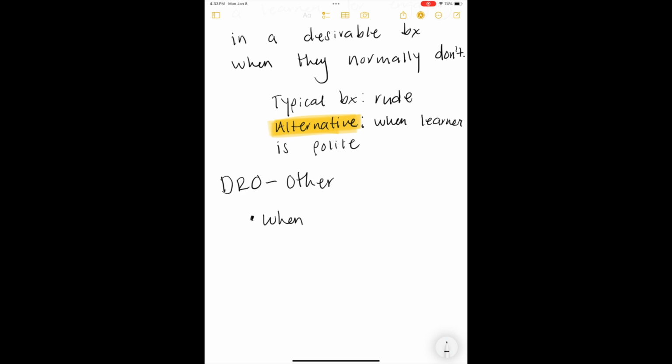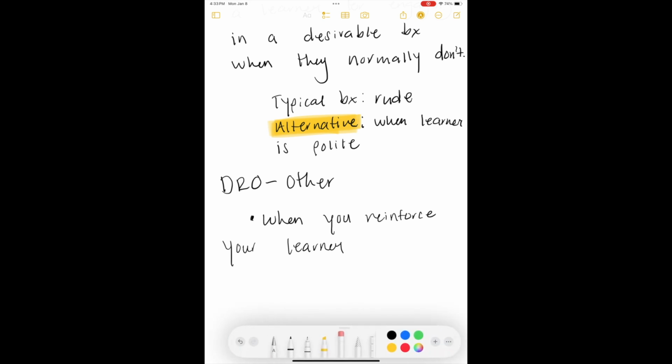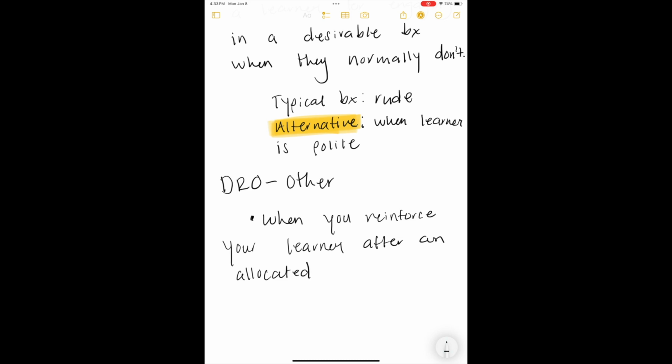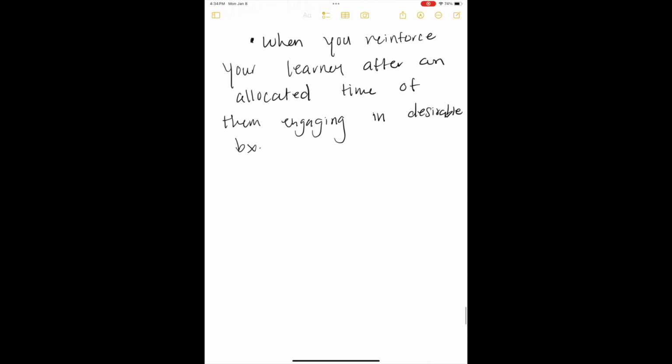So this is when you reinforce your learner after an allocated time of them engaging in desirable behavior. So, for example,